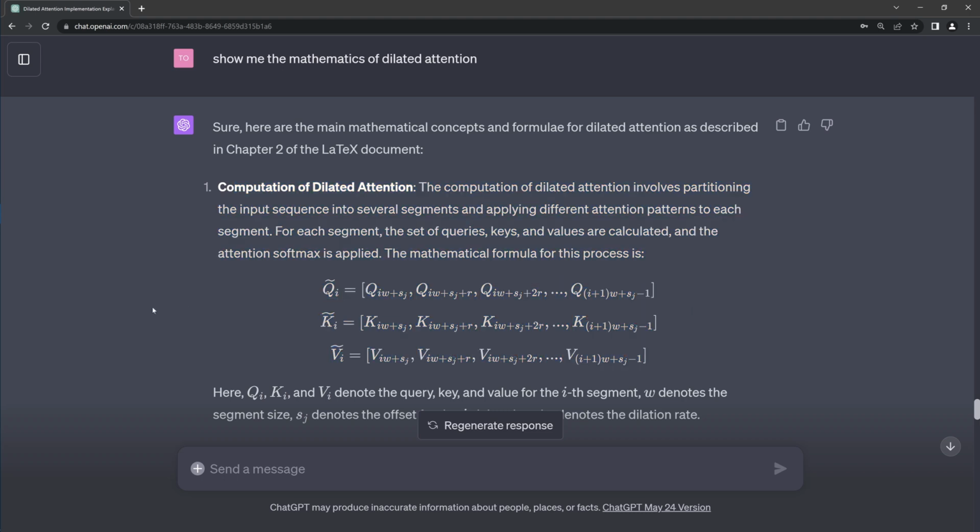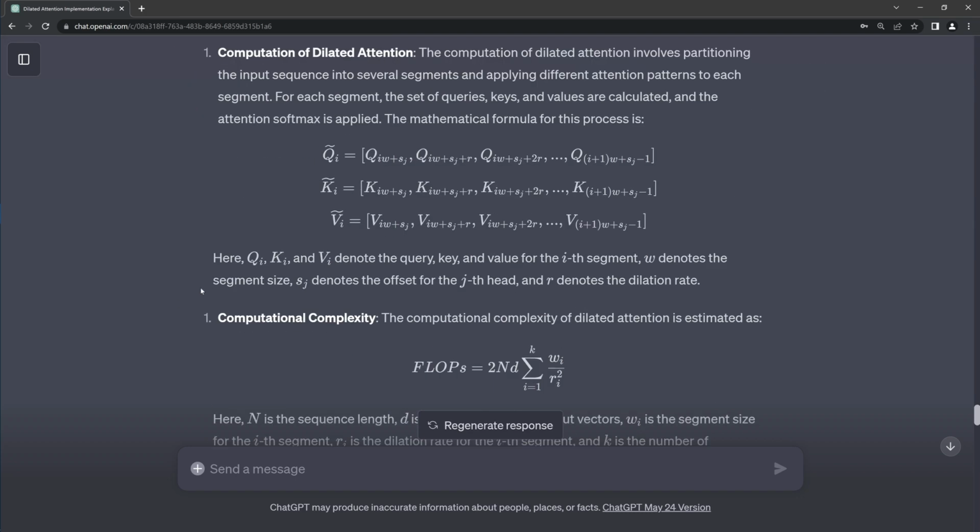Oh, it is so beautiful to find a solution here. Because you know what this means? It means I can upload several mathematical preprints and Code Interpreter is able to read them and show them to me, and I can work with those summaries without having to read each and every PDF or each and every LaTeX file. Great. So you can see here the query, key, value tensors, the segment size, the offset, yes,